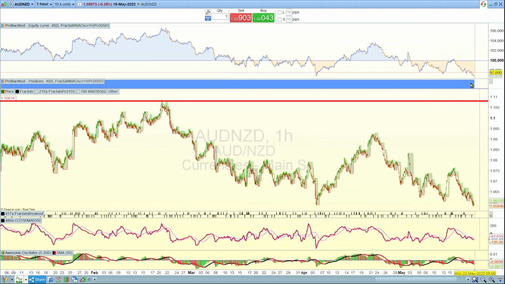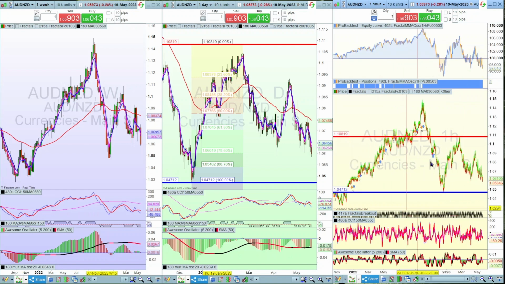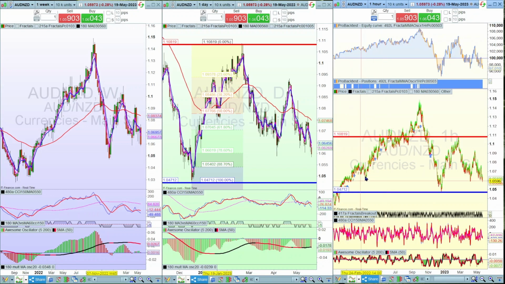So again, to trade that more confidently on the hourly, make sure the weekly and the daily signals are both aligned. Now what I've got up here is a back test, and if I zoom out, you can see during that early period when the price was moving in a bullish momentum, this is a profitability chart up here. That profitability was doing quite nicely until we hit this peak,